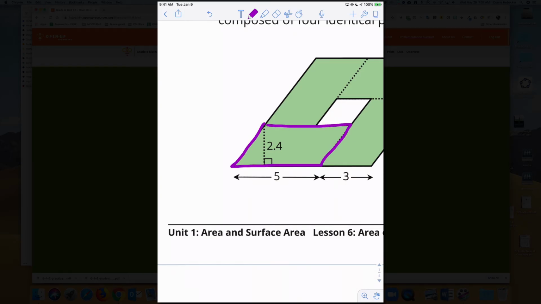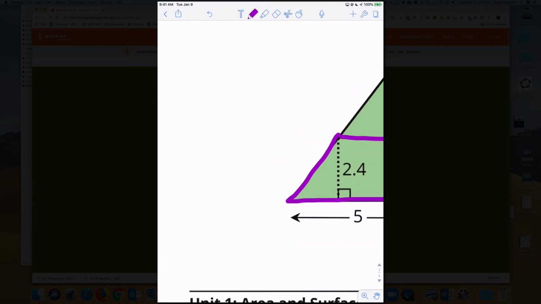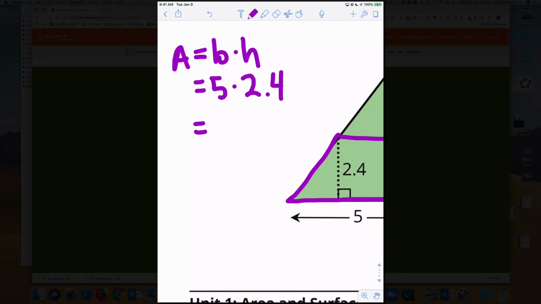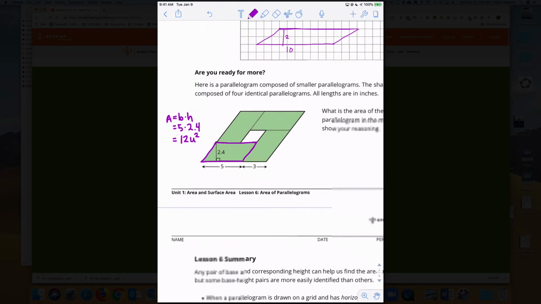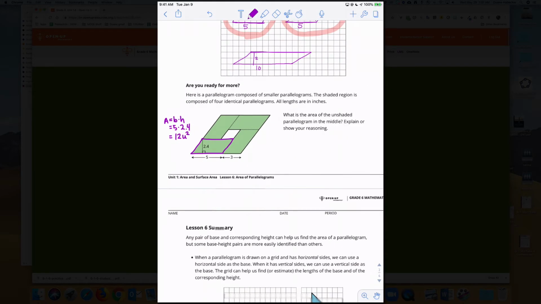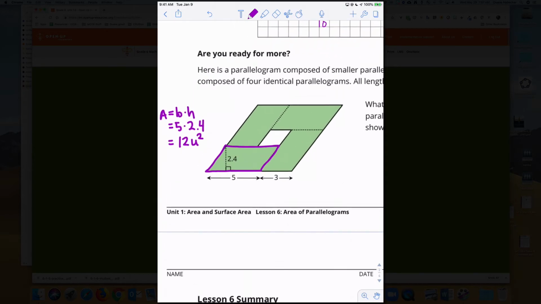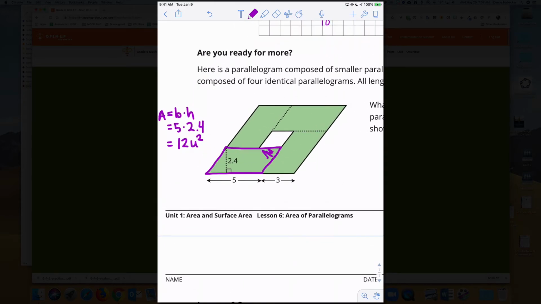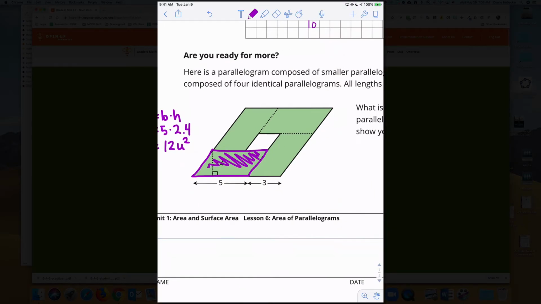Boom. So I could see that my base is 5, my height is 2.4, so the area is 5 times 2.4, which gives me 12 square units. We're going to call it 12 square units. So we know that this area right here is 12, which means we automatically know that this area is 12